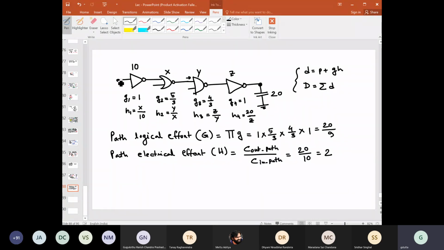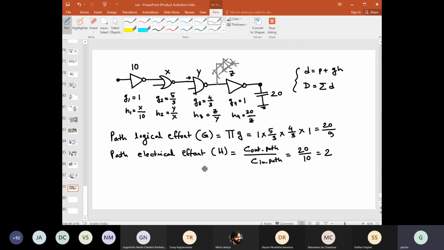And you can see from here, when you are coming from this source node to this terminal node, you don't have any branch. So what do I mean by branch? That we will see maybe in the next example. For example, this NAND gate could have been driving one more inverter, right? In that case, it is not only driving a single inverter, but there is a branch. This path is getting a branch here. So this thing is not there in this particular example.